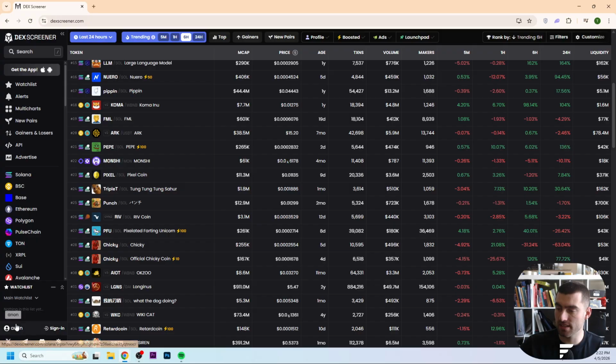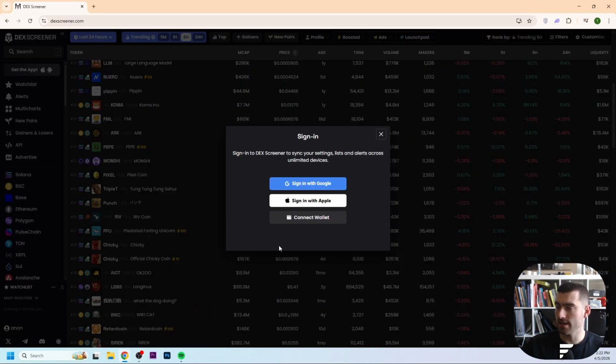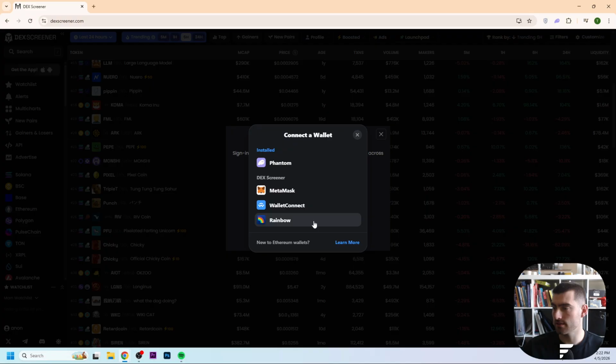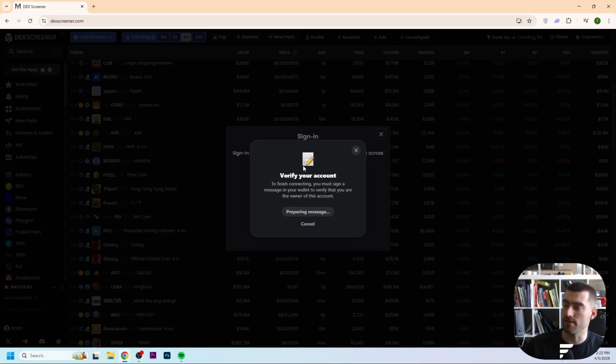we go left in the bottom to Anon, and that is standing for anonymous. We want to change this, so we click right here on sign in, and now we can click right here on connect wallet. Then right now we can select right here Phantom wallet, and then they're telling us to finish